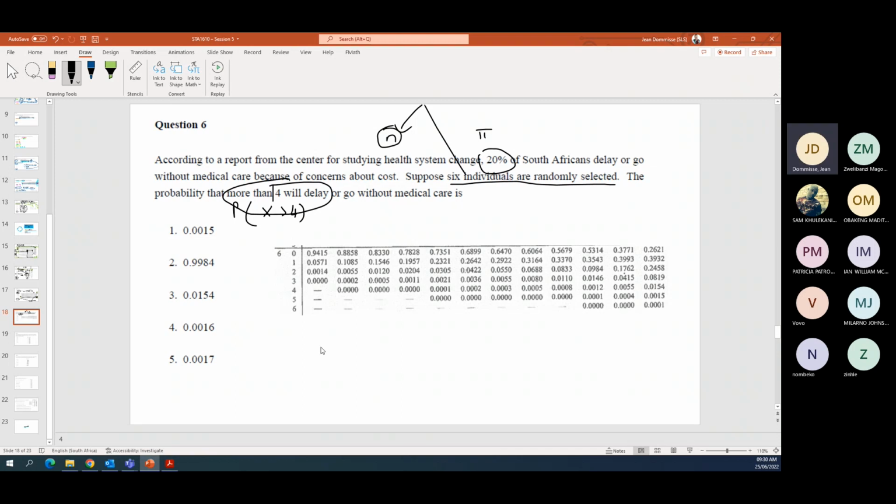Okay, so we're only working with N equal to 6, so what we're actually going to work out here is the probability x equal to 5 plus the probability of x equal to 6. Okay, so what I've copied in is, here's your